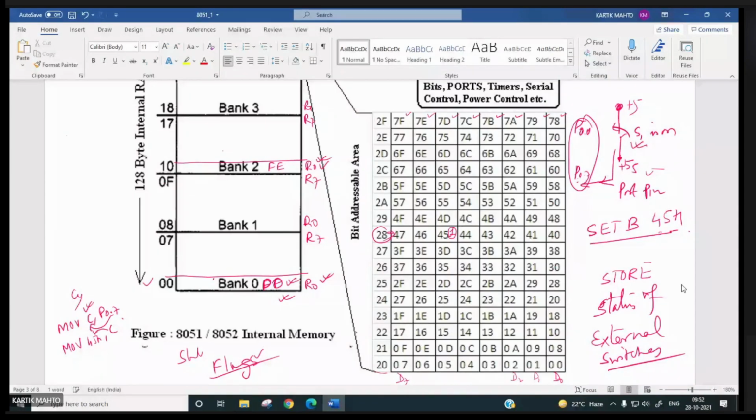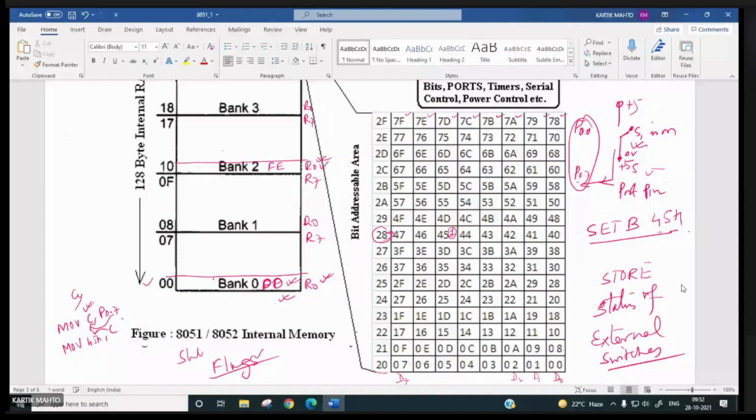If this is not connected, not connected means it will be 0 volt. You can have a switch like this: this is plus 5 volt, and this is connected to, right now it is connected to ground.